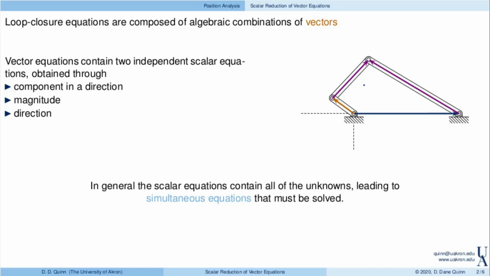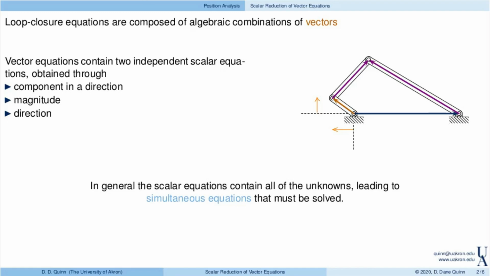So now, how do we get to scalar equations? Well, this is a vector equation, so it contains two independent quantities. There are lots of ways of getting that, but ultimately there are two independent scalar equations built in here. So one of them might be the following. Let's look at the components in the j direction, right? So the component of this orange vector in the j direction is this. And then if we look at the components in the i direction, maybe it looks like that,